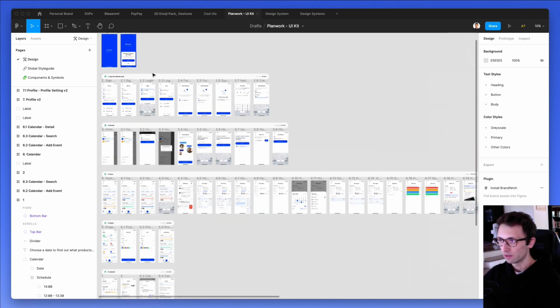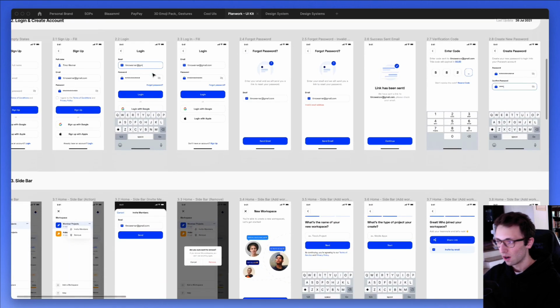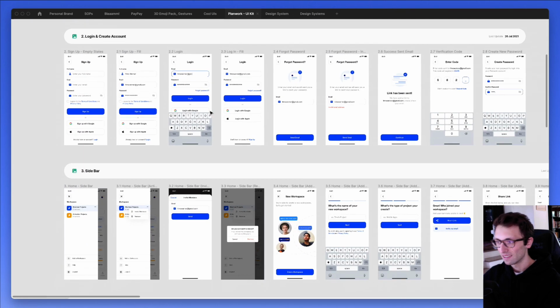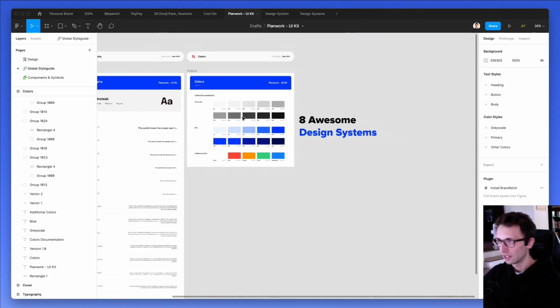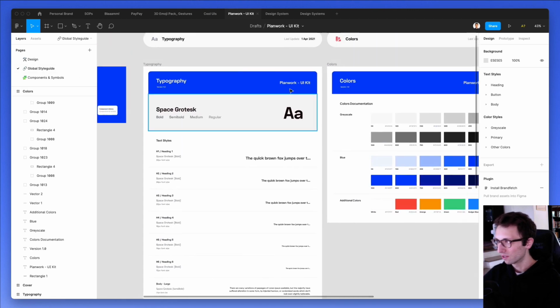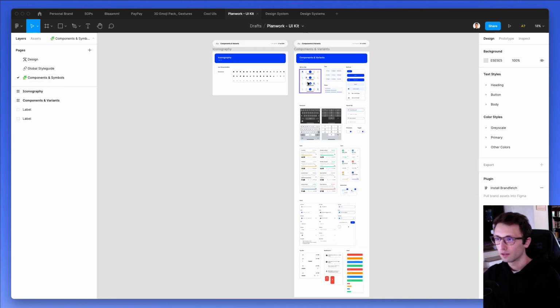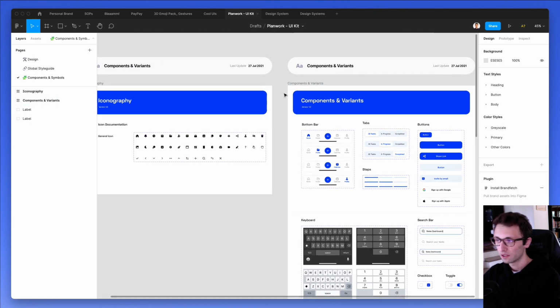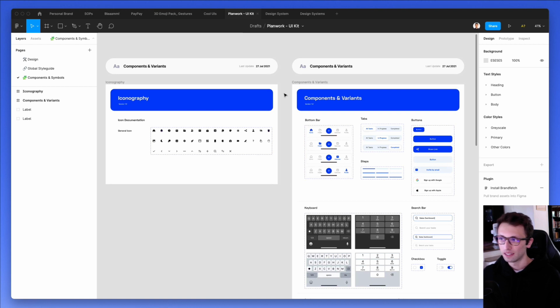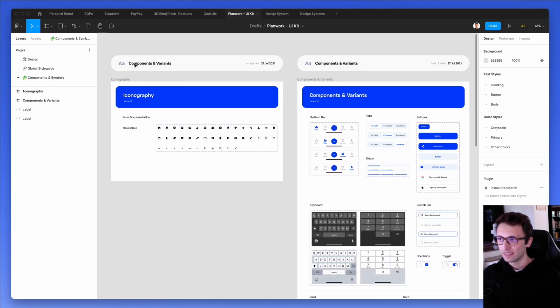So basically here, if we zoom in, we can see all of the individual designs of the iOS app. But if we go here under the different pages, you can see that we have the global style guides right here. So for the typography, the colors, and also the components and symbols directly in the design file. So this is actually the way that I would structure it for even potentially a new client, and it's actually really easy to translate from having this file where we have the designs and the style guides and components